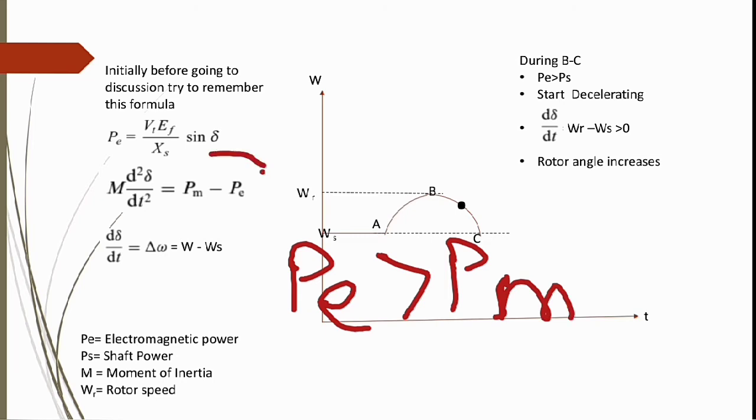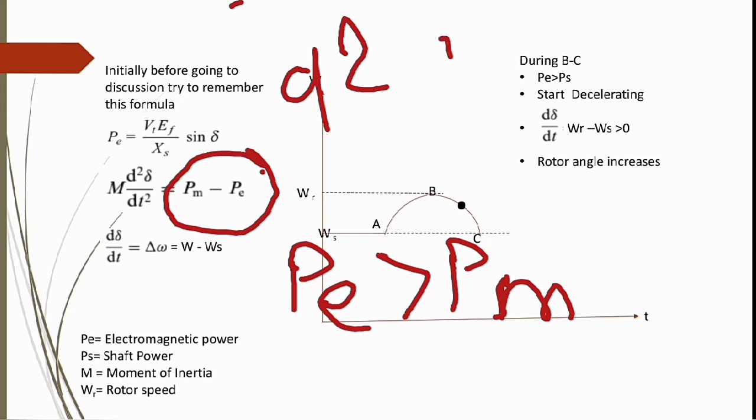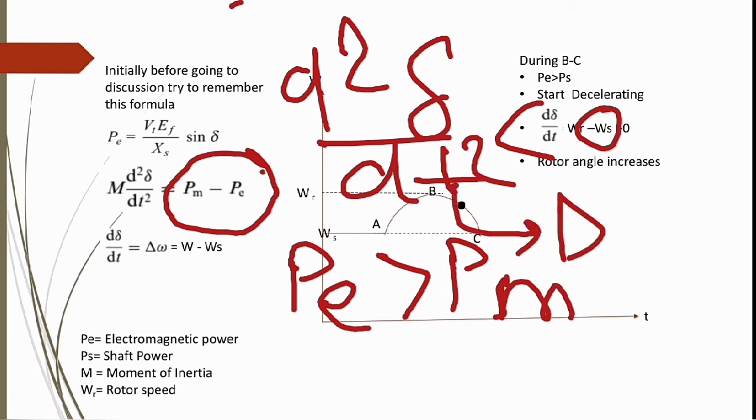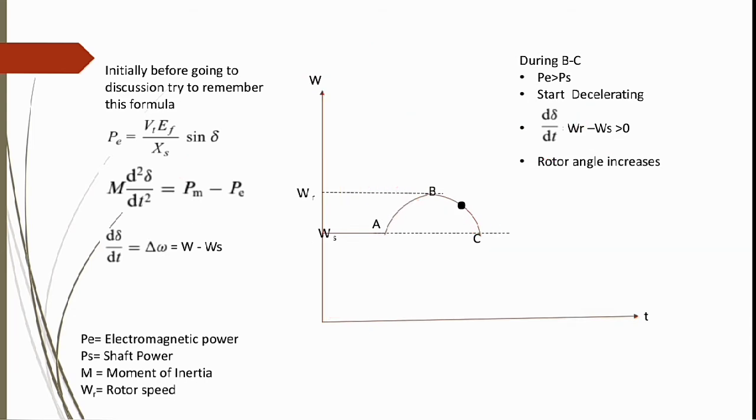Whenever this happens, d square del upon dt square is negative. So what does this mean? This means a deceleration occurred. That means the rotor will decelerate, and the value of omega will decrease,